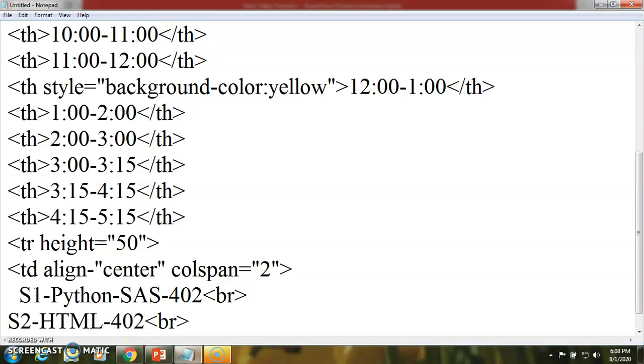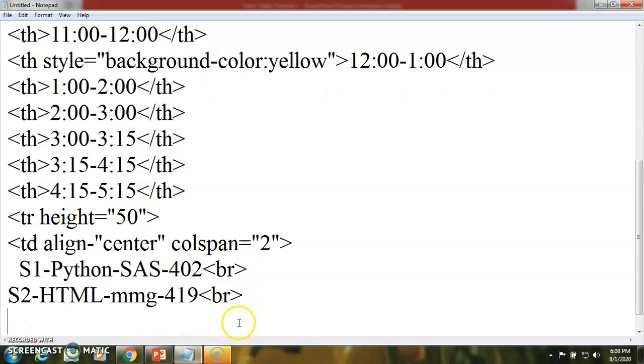Suppose the subject is like this, then the lab may be this one. So in this way all the batches are going to be added one by one, so we can add all the text in a single cell.